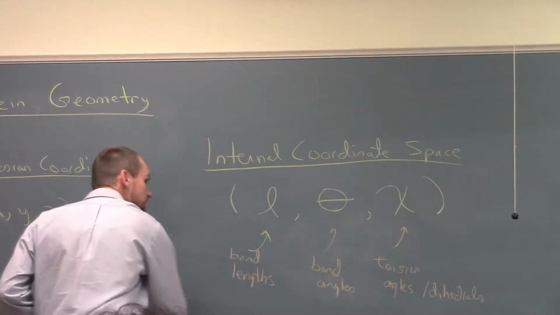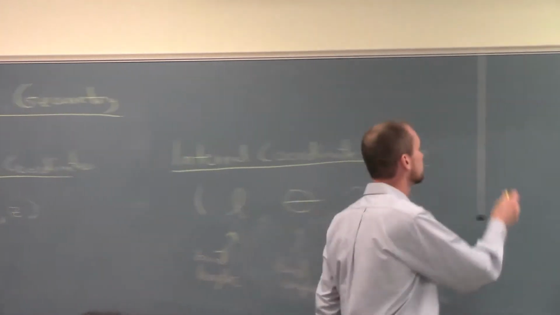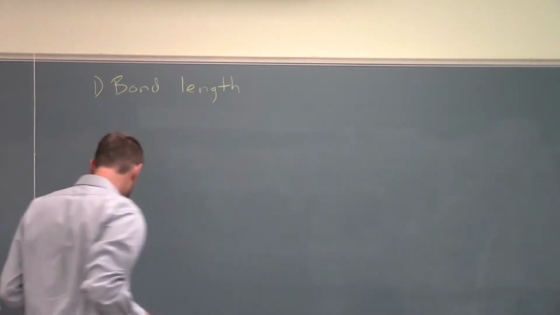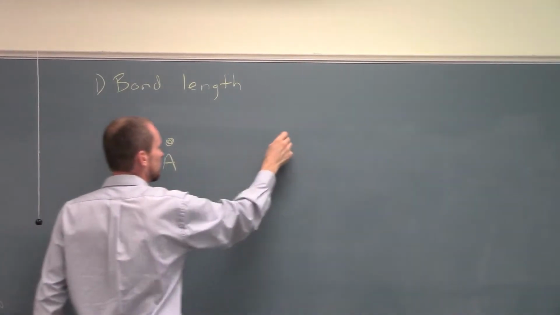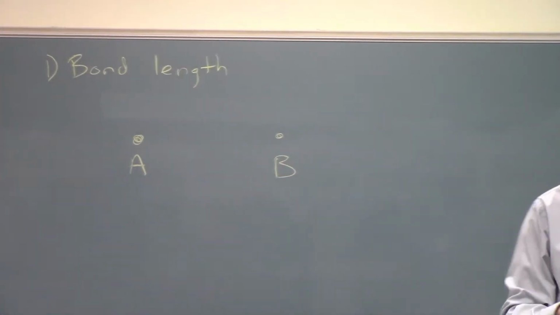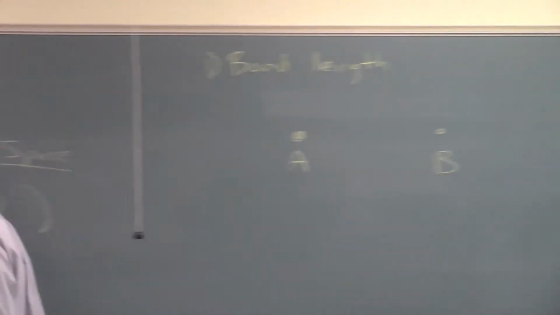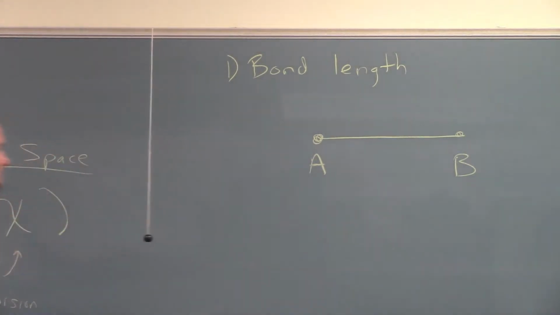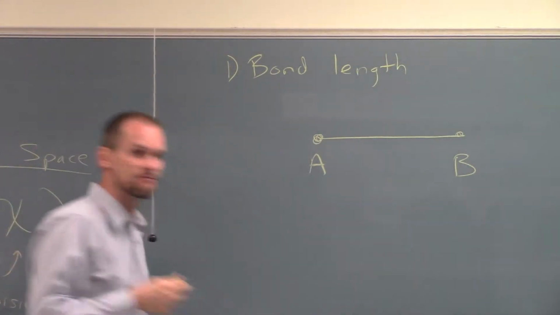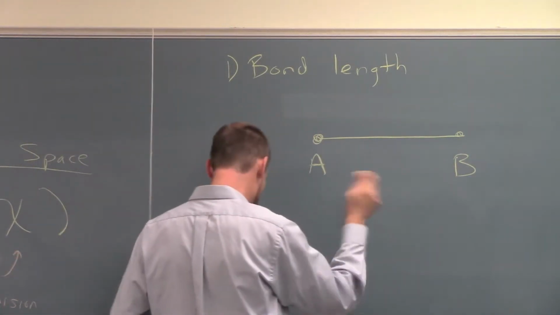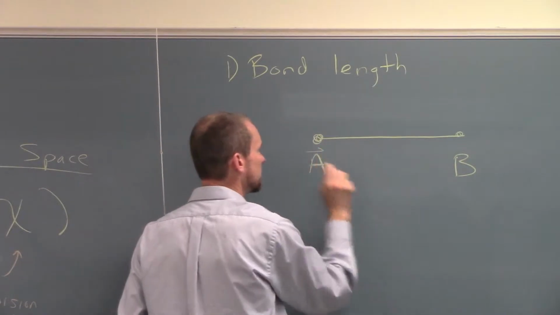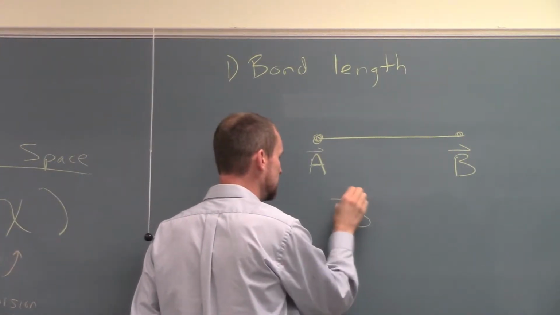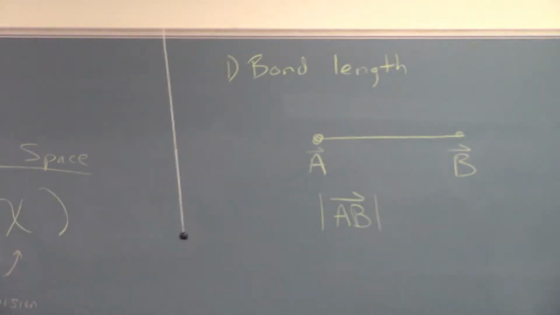All right, so I basically want to go through some of the calculations that we can do with those. Number one, we'll start with bond length. If we have two atoms, A and B, at three coordinates in space, x, y, z, and we say they're bound together. If we had coordinates x, y, z for A and x, y, z for B, we could represent the position of A in space with a vector A and the position of B with a vector B. And then all we want to know is the line AB and the magnitude of that line, right? That's pretty straightforward